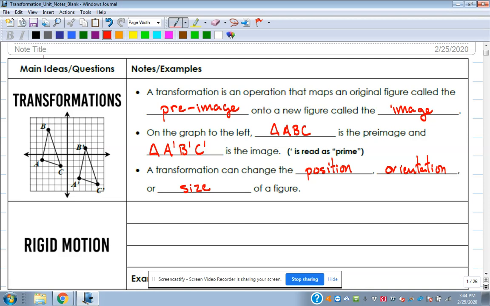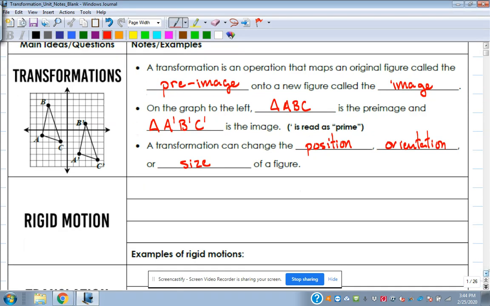The first thing we're going to talk about is rigid motion. Okay, rigid motion is probably one of the earlier transformations that you do in elementary math, and usually it's just done with the first quadrant. We're going to do it in all four quadrants because we can handle that. But in an elementary school setting, maybe fourth grade, you start talking about that first quadrant, and you can do rigid motions in that. And rigid motion is when